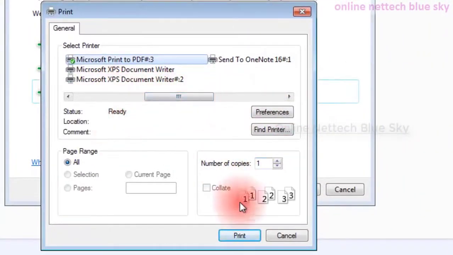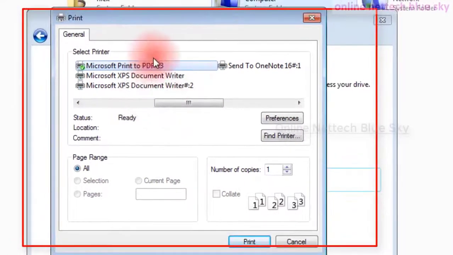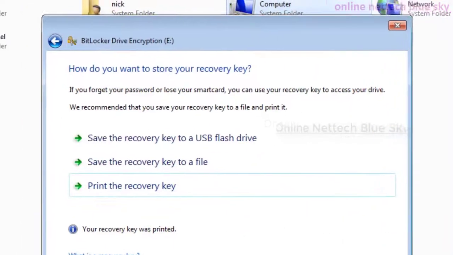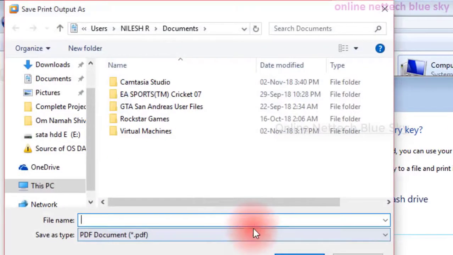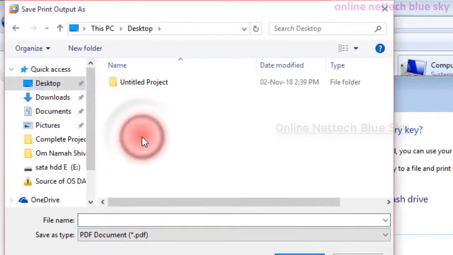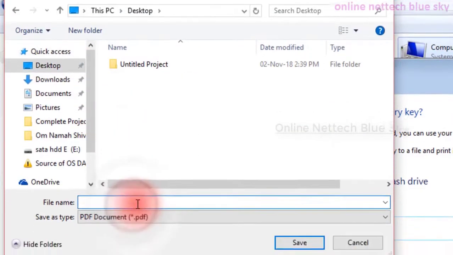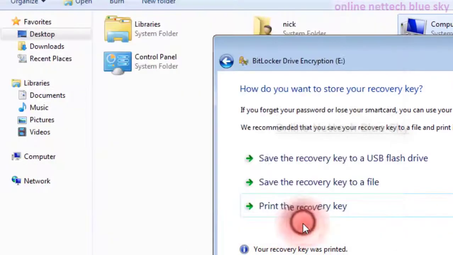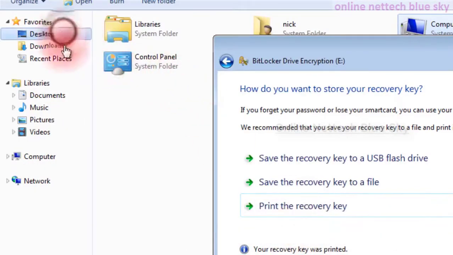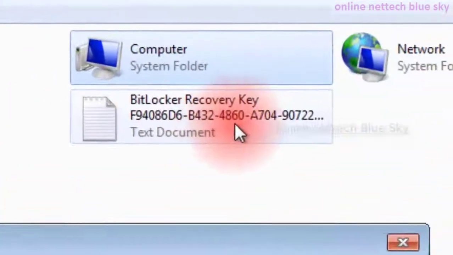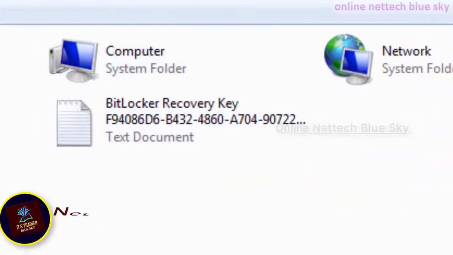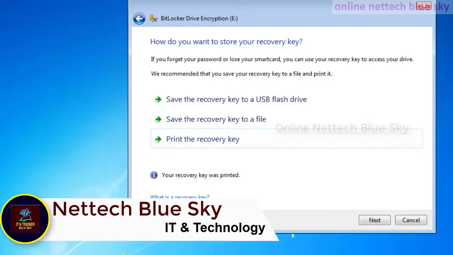You can print here. I'm using the third option to show you. You can print to the Microsoft printer. You attach and connect your printer. How can we connect a printer? How can we do the printer settings? Watch my previous video on computer management. You can see my printer document saved here as a PDF file, and give it a name. This is very important, because any man, woman or hacker who has this recovery key can directly open your partitions.